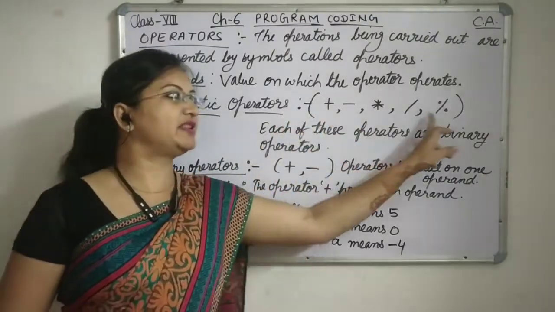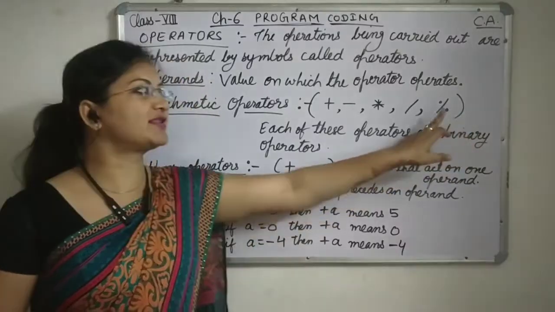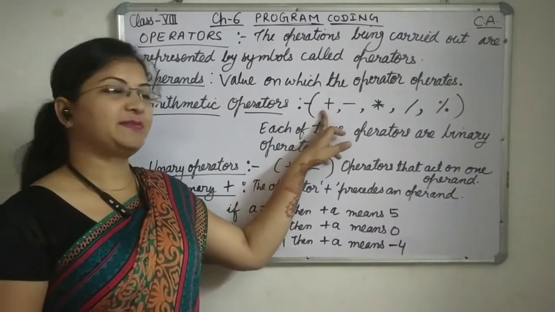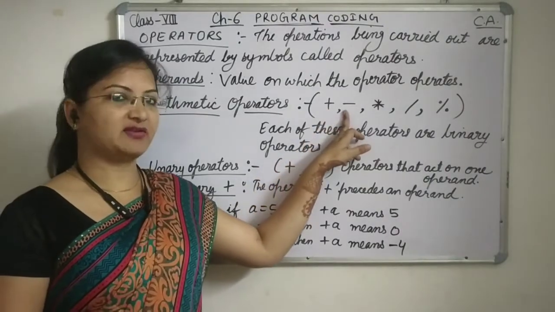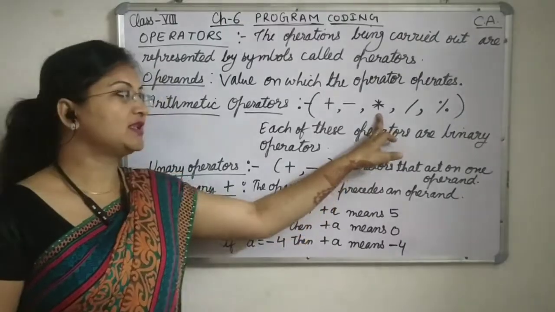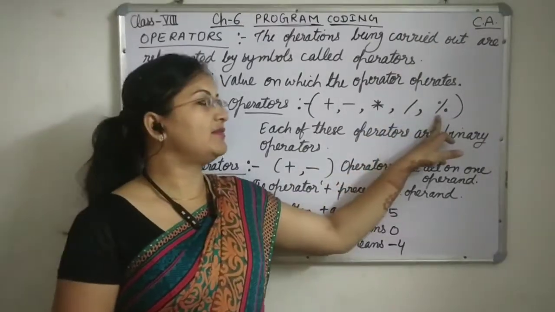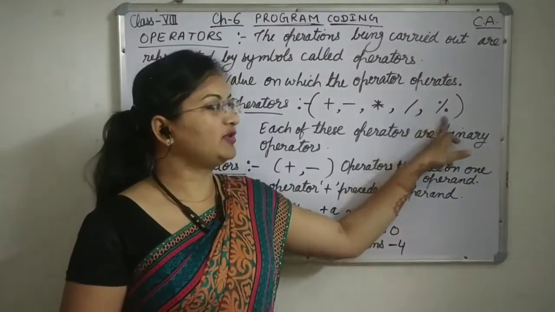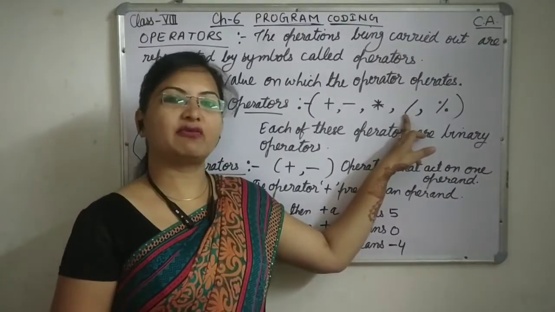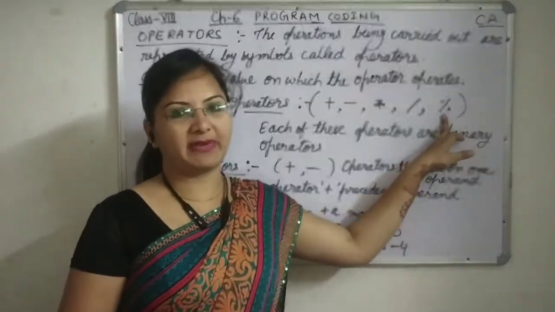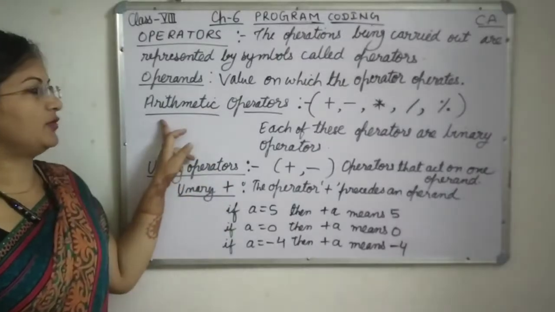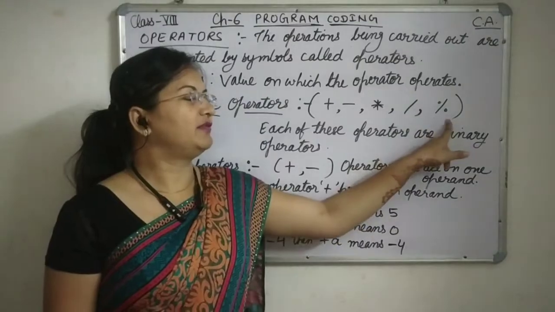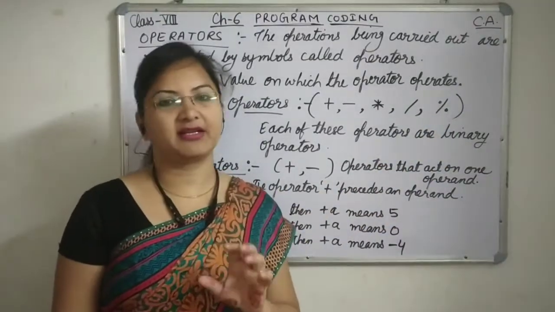You are very much familiar with these 5 operators. We have discussed this in live class also. So students, first of all, plus means addition, minus is subtraction, asterisk for multiplication, slash for division and modulus for finding remainder. Okay, both divide, but one divides and gives the quotient and the other divides and gives the remainder. So we discussed 5 types of arithmetic operators. These are the 5 very important arithmetic operators.